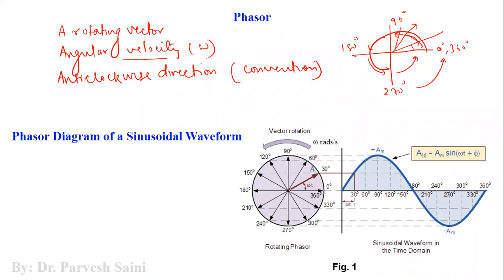You can see that this arrow basically represents some alternating quantity. Okay, it may be alternating voltage, it may be alternating current. Now when this arrow, which is a phasor, which is a rotating vector, is at 0 degrees. Now 0 degree is with respect to the time axis, or you can say theta. This is the x-axis, which may be omega t or theta, right? So when it is at 0, if you project a line from here, it would be intersecting with the origin, so its value is 0 here, means the magnitude at this point,